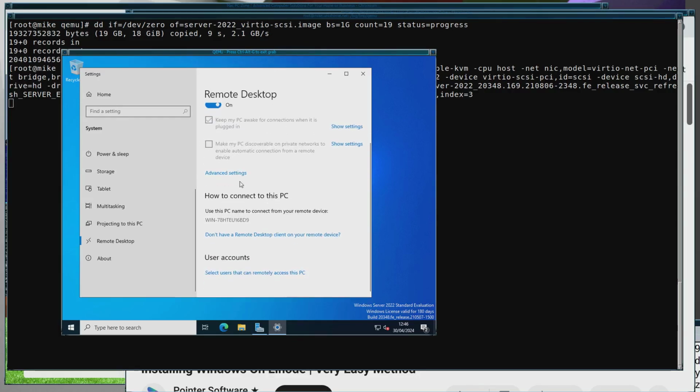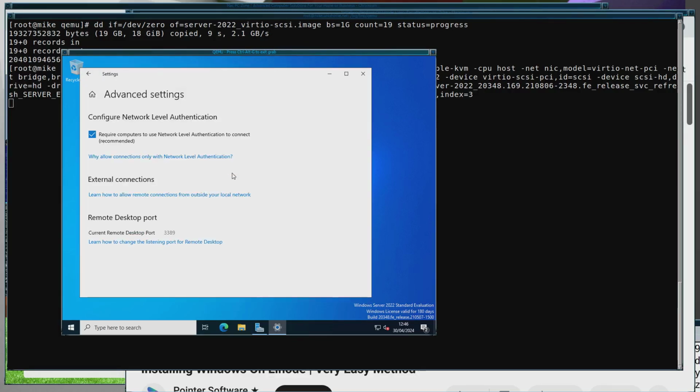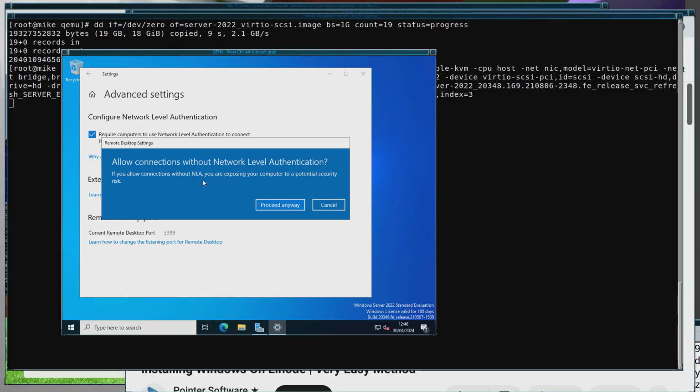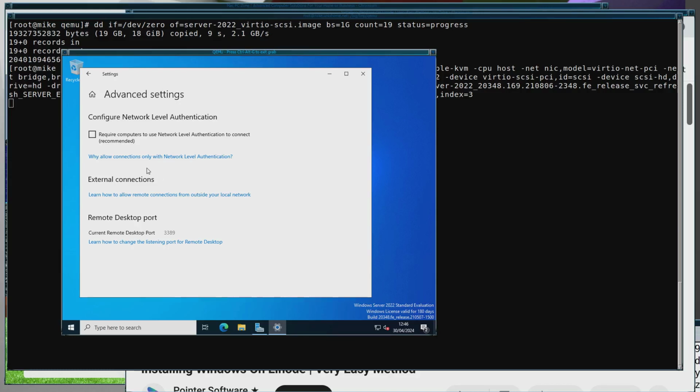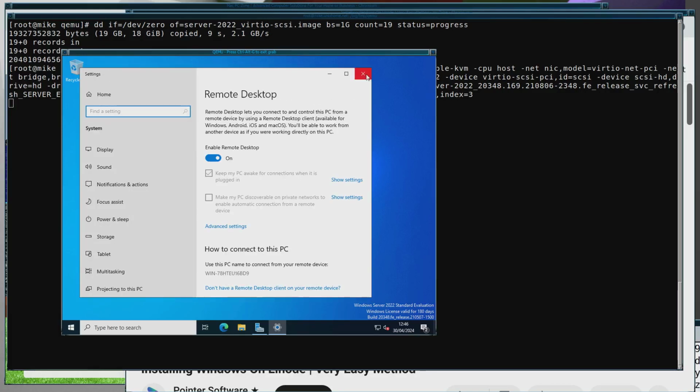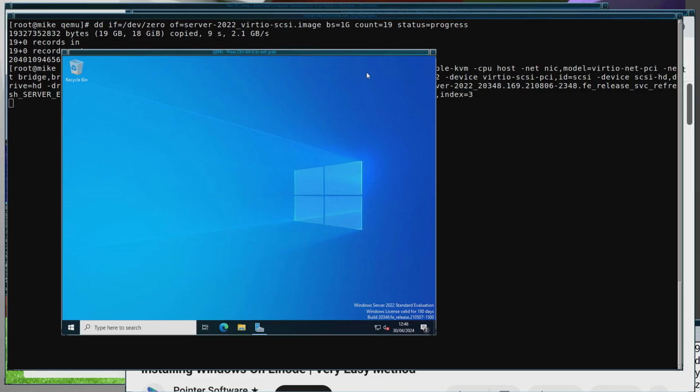And then the important bit is you have to go into Advanced, because no one's going to have their computer on a domain, are they, when they're at home? So you make sure to take out Require Network Level Authentication, just proceed. And so now you can connect to it using normal programs. Right, so now that is ready, and you definitely need to enable that remote desktop, because I'm going to show you something else that came up before. And so now if you shut this down,